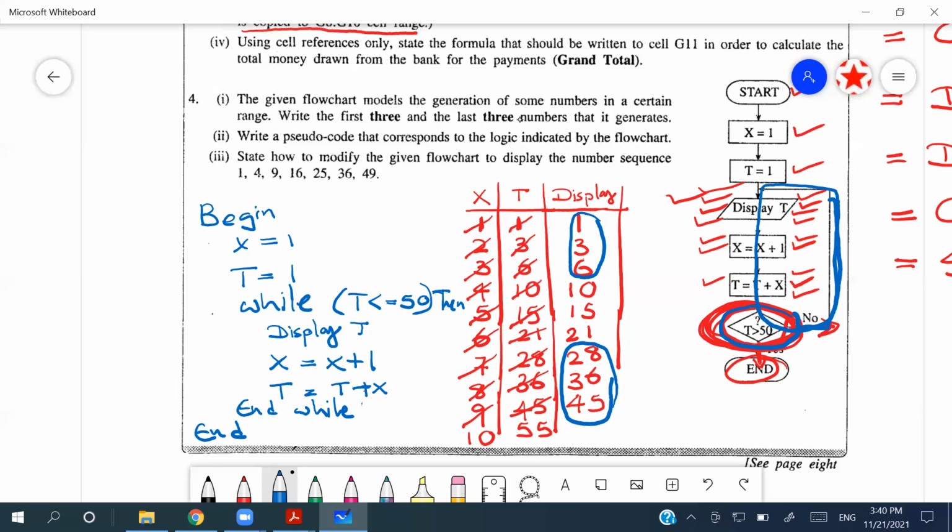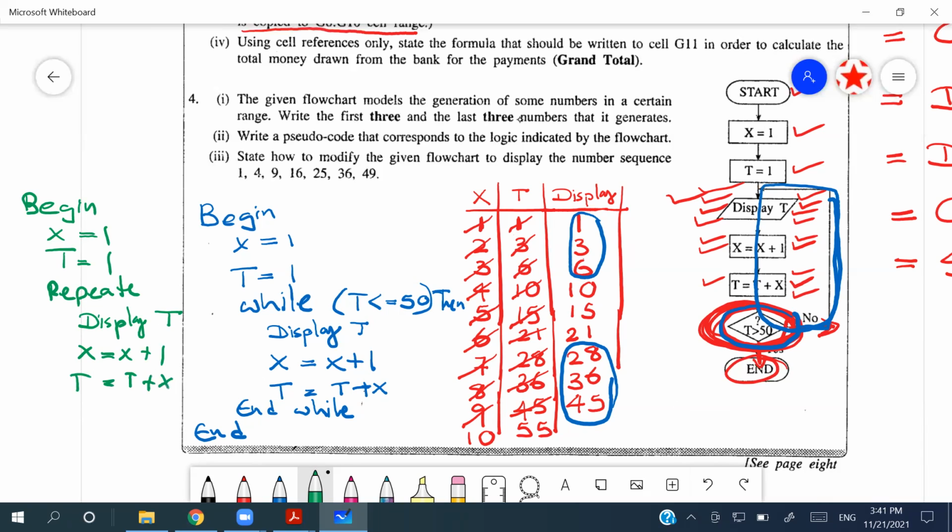And if you are writing this using repeat until, begin happens, x equal 1 happens, t equal 1 happens. Here you have to have the word repeat, and then you have to say display t, x equals x plus 1, t equals t plus x, until t larger than 50. So in repeat until,